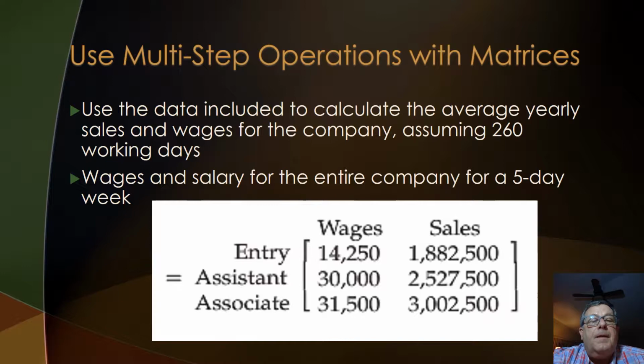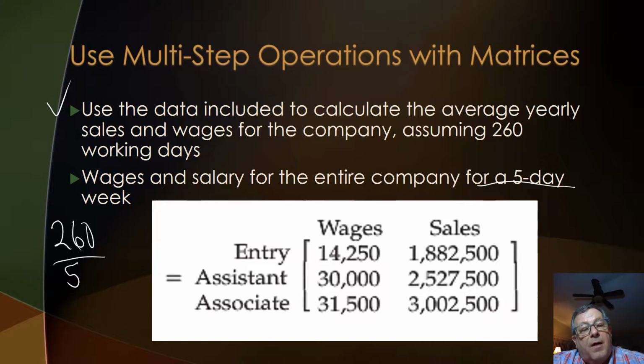And we're asked here to use the data included to calculate the average yearly sales and wages for the company, assuming 260 working days. And so again, what we have here are the wages and salaries for the entire company for a 5-day period. Now, if we're going to use this data in this matrices, which is a 5-day period, and we're trying to determine what it's going to be for 260 days, well, we got to know that I need to take 260